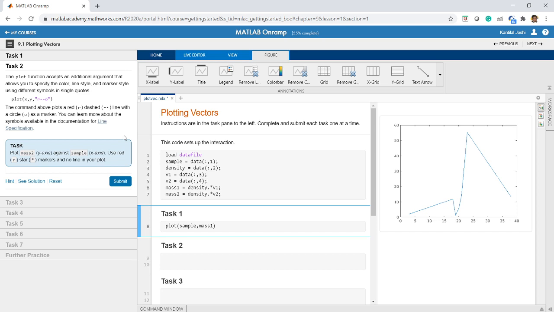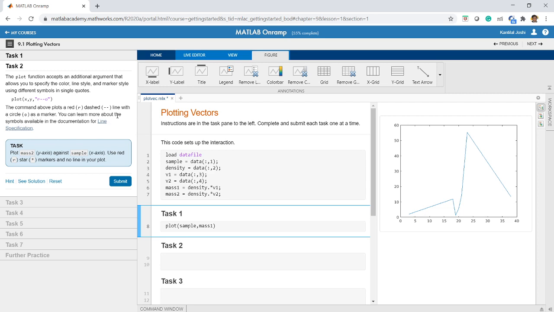The plot function also accepts an additional argument that allows you to specify the color, line style, and marker style using different symbols in single quotes. For example, the command plot(x,y,'r--o') plots a red dashed line with a circle as a marker.